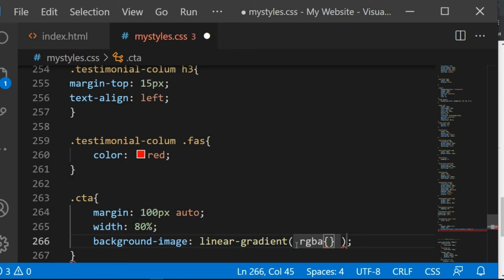Then give it a color code. So 0, actually 0. Dot comma, then 0.5. That's transparency. 0.5, and then now